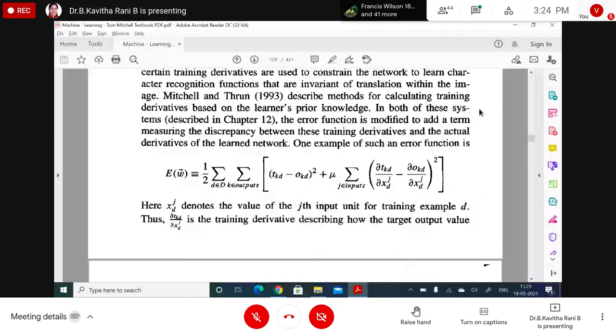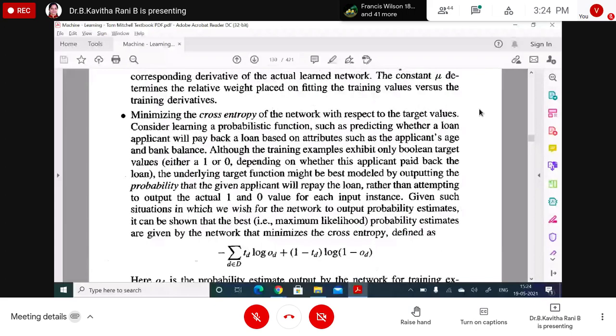For example, you are having some target function. To derive a value, some probability of that particular value should be there. For example,